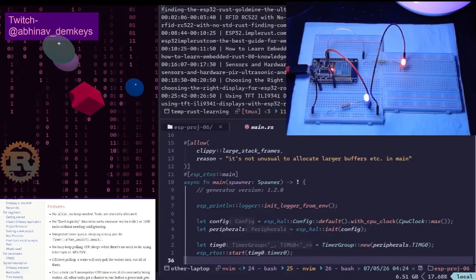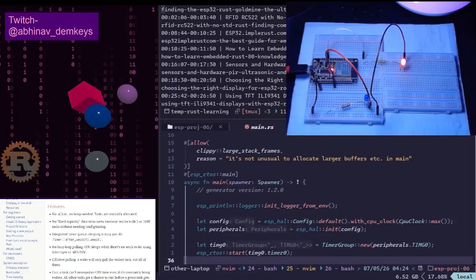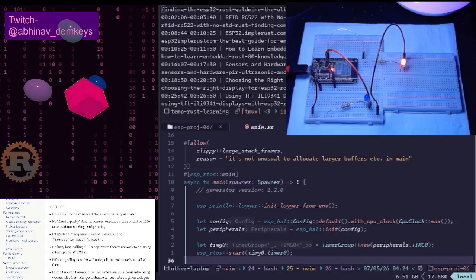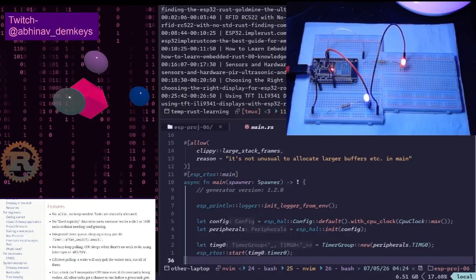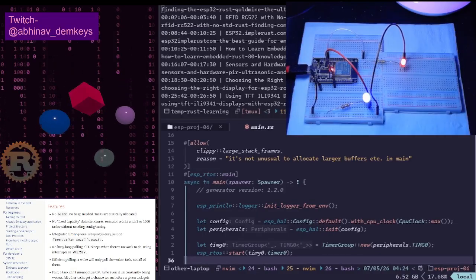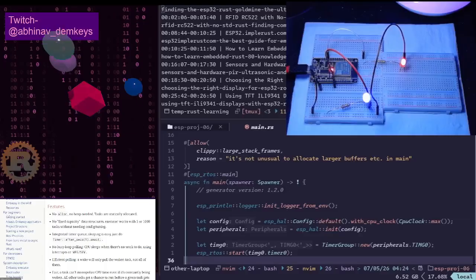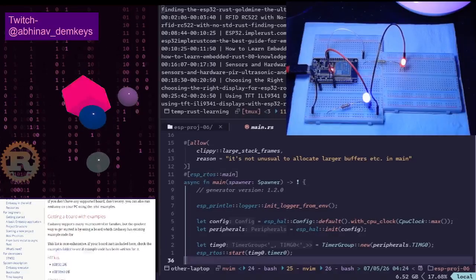You know what? Okay, for now we'll stick to ESP32. I don't want to further complicate things. Right. So, beginners,